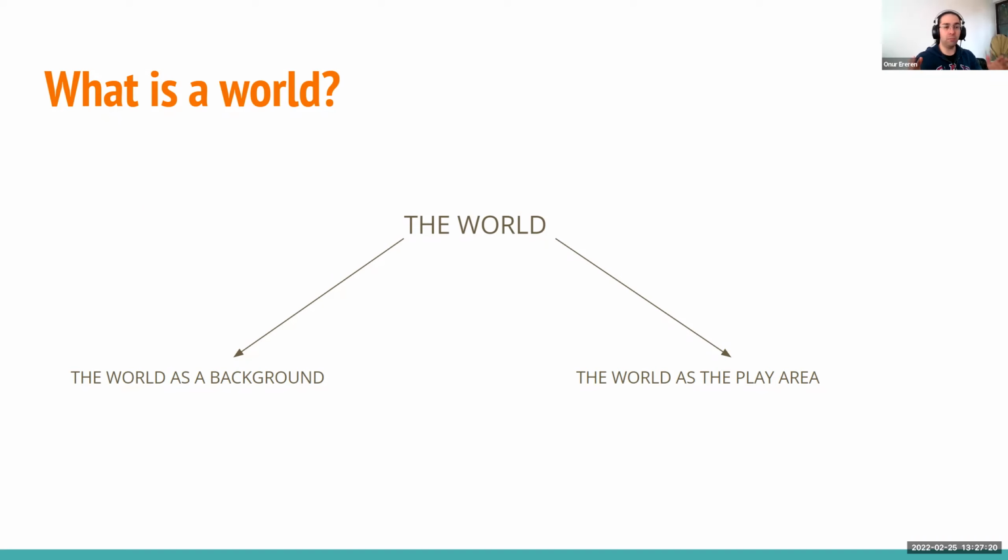In a linear game, this play area will be, of course, more limited. And then this play area will be the area that the player will interact with. This area will carry the immediate elements of our world that we create. The player will interact with these elements, and the player will experience